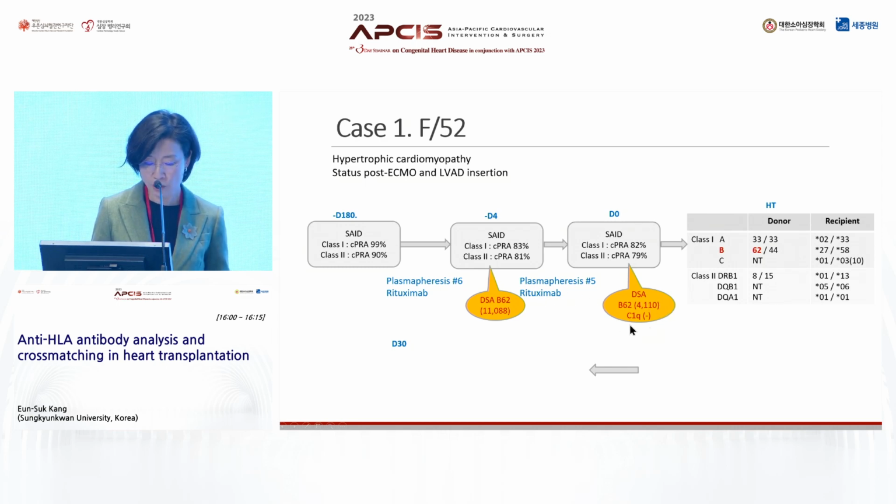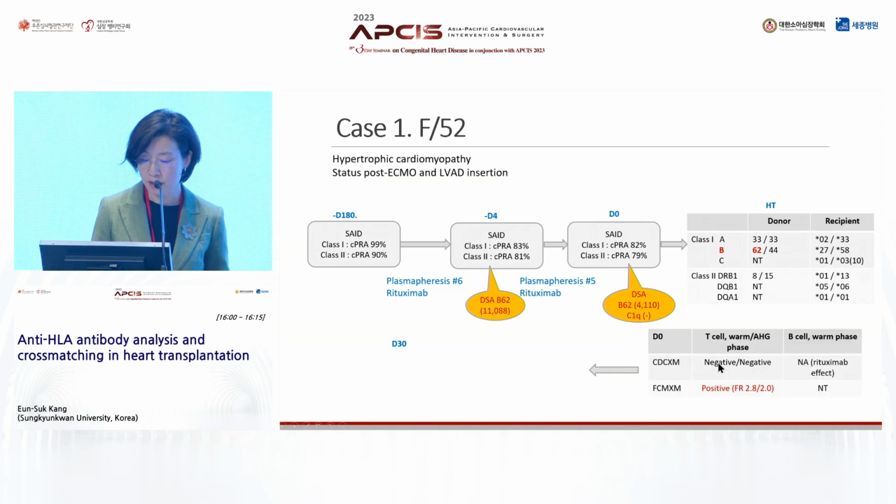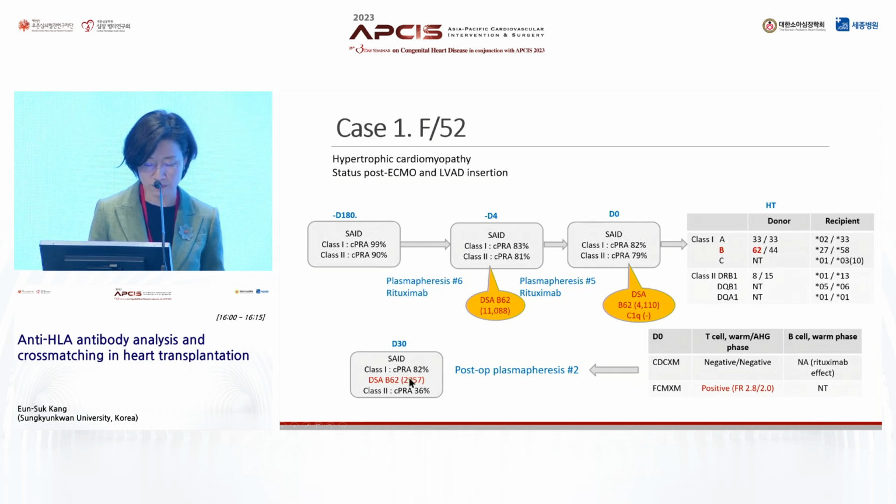But the C1q binding assay was negative, and the CDC crossmatch was also negative, although the flow cytometry crossmatch was slightly, weakly positive in T cells. The patient has undergone 2 more cycles of plasmapheresis, and they remain to have a low level of DSA at